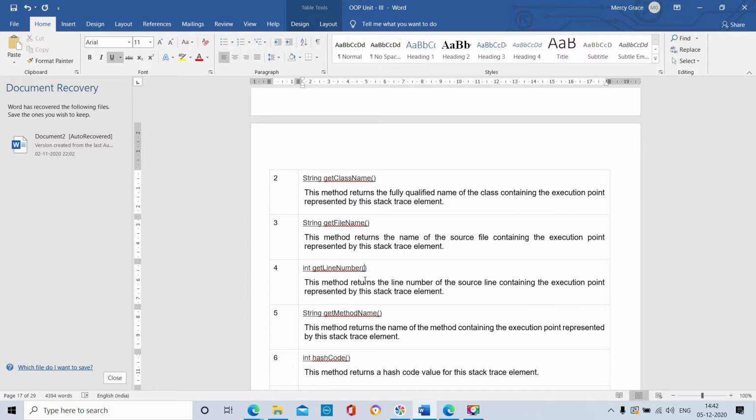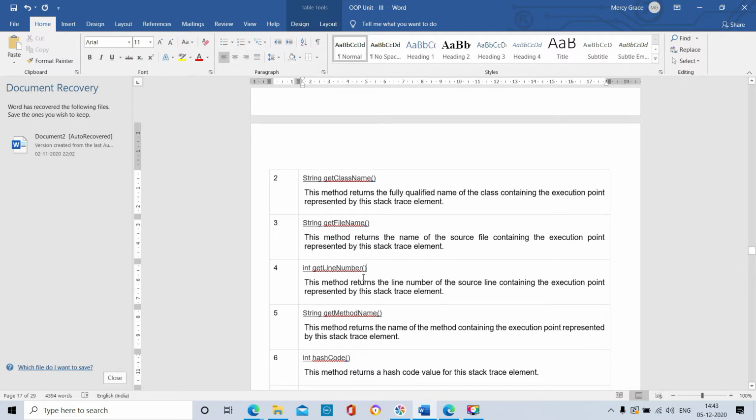If within the open bracket and closed bracket I have int a, this is a method with an argument. Why? Because within the brackets I have one variable, one parameter, one argument, whose name is a. This variable belongs to the data type integer. Method without arguments means within the brackets we don't have any arguments.